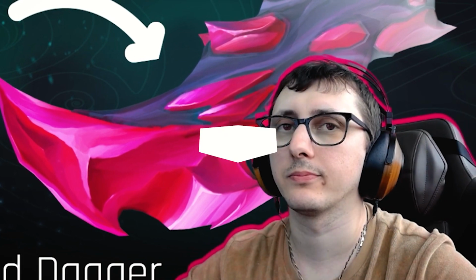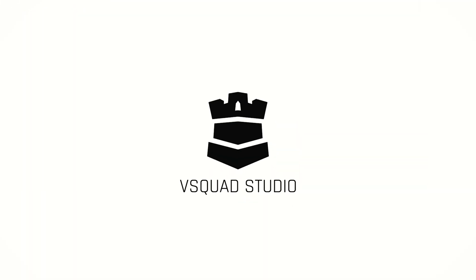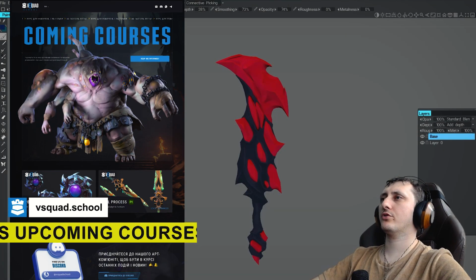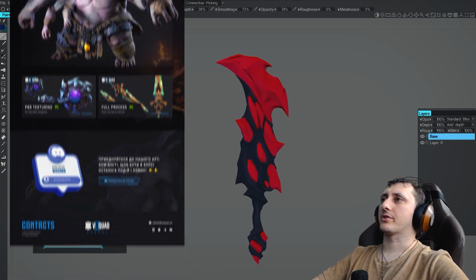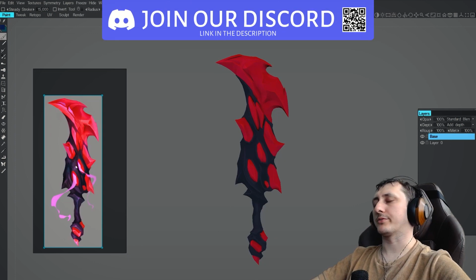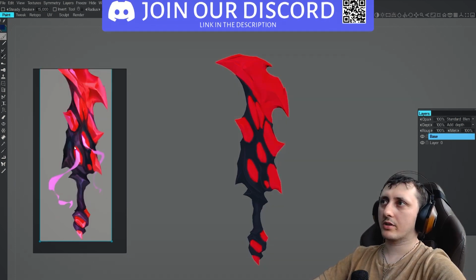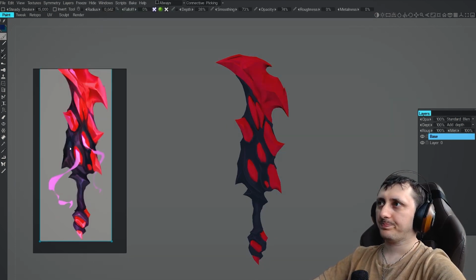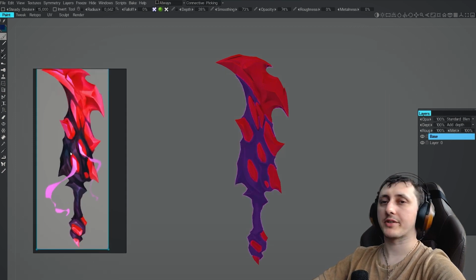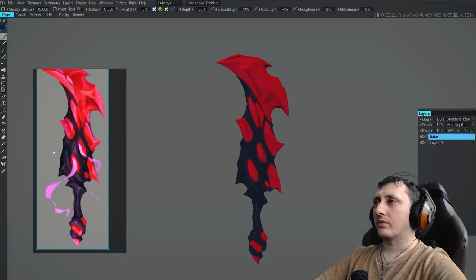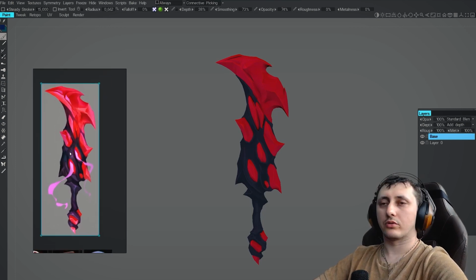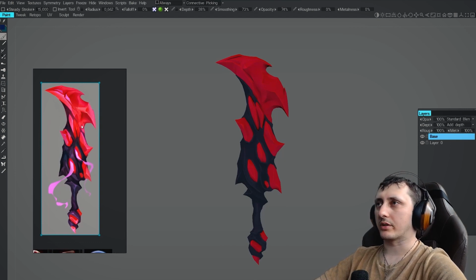Let's begin. Let's start to work on this dagger. First I would like to describe the process and the materials. We have two materials: a crystal and a purple something. I don't know what this is. And when you have to paint something you don't know, an unclear material,